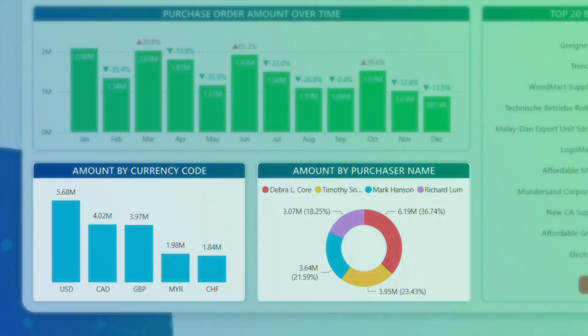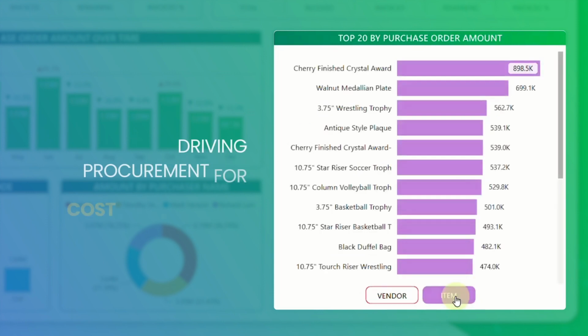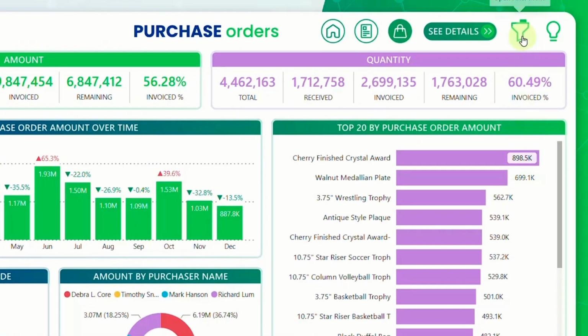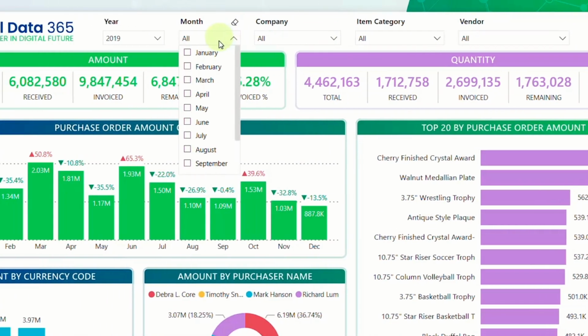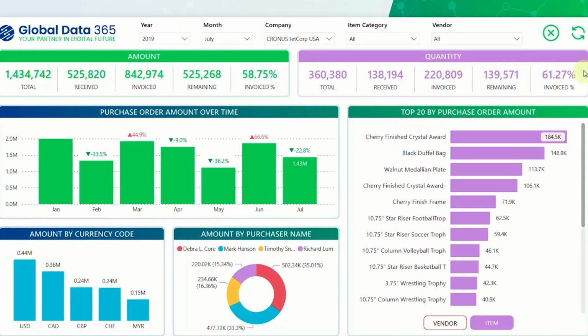expenditure distribution. Examine top order amounts by vendor and item, gaining insights into key suppliers and items driving procurement for cost optimization. With intuitive filters, you can effortlessly monitor your business purchases, gaining insights from various perspectives, ensuring smooth procurement